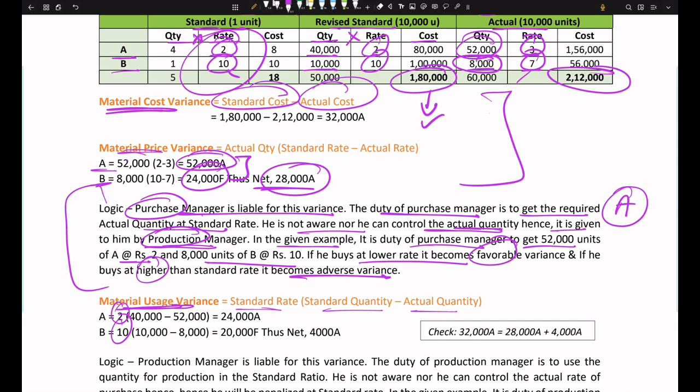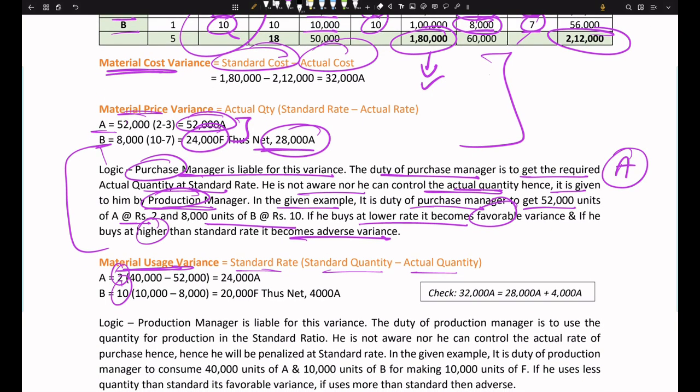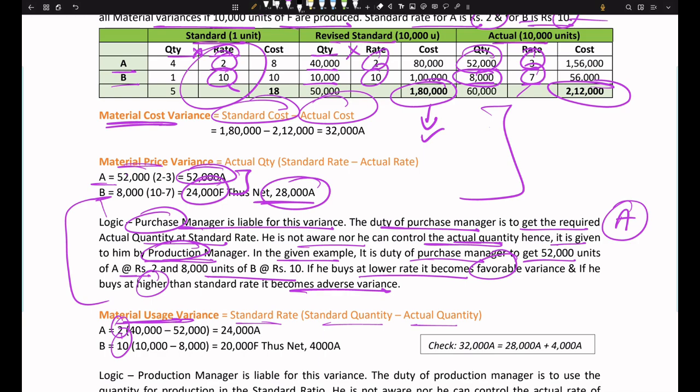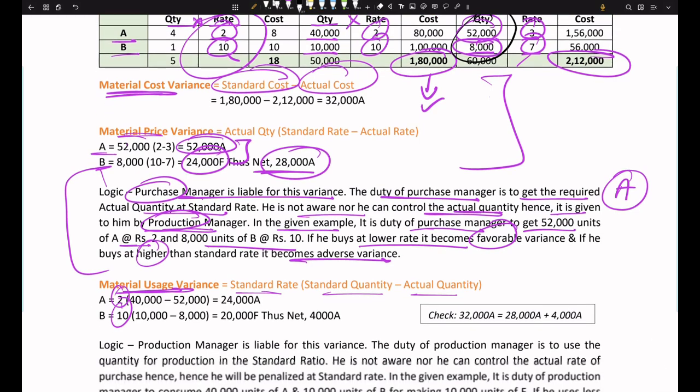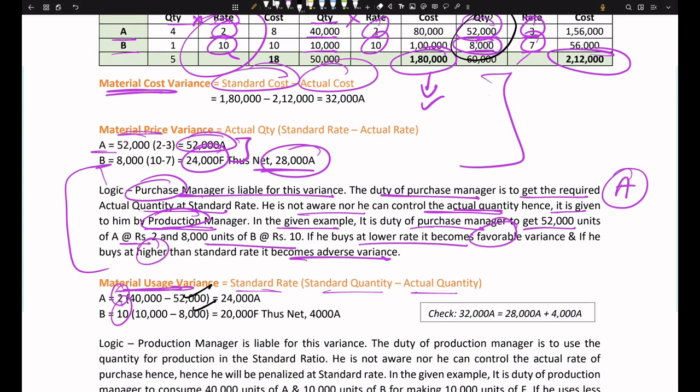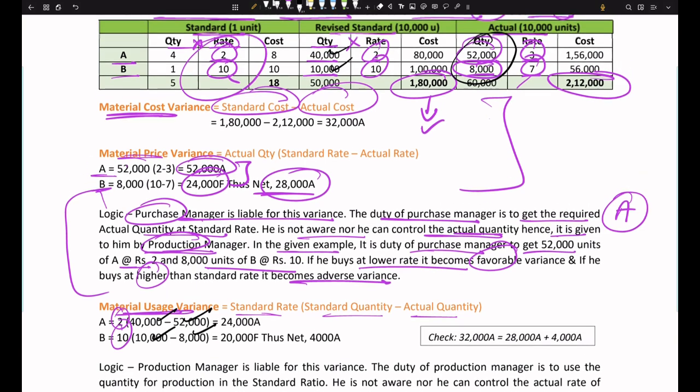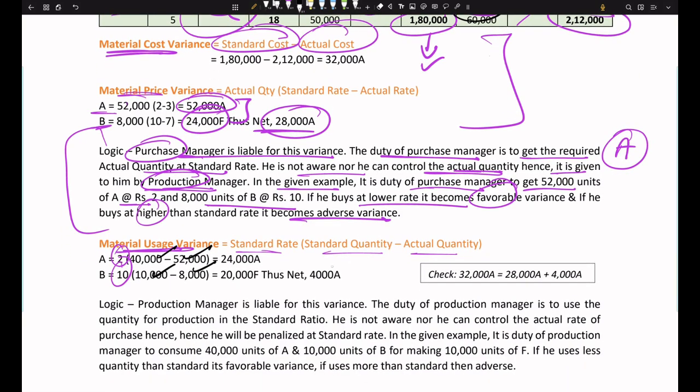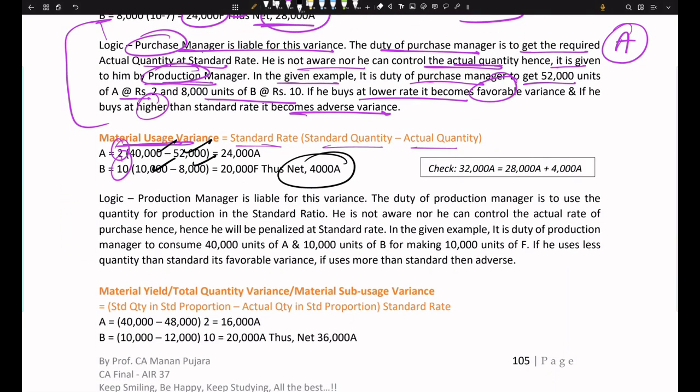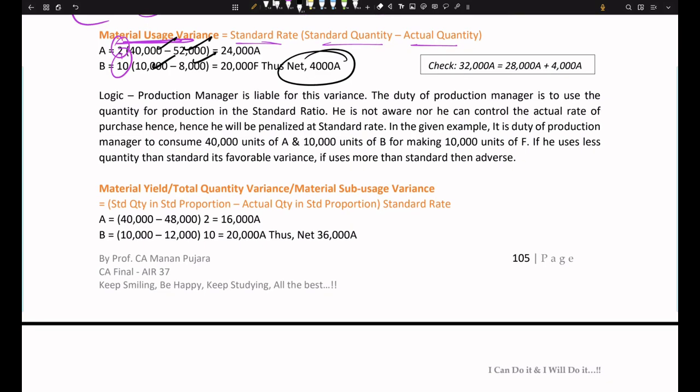Okay, so in this case we see the actual quantity is 52,000 and 8,000, and the standard quantity is 40,000 and 10,000. Just multiply it by the standard rate, and then you will get the answer. Net is 4,000 adverse. Okay, so the logic we are not reading right now,